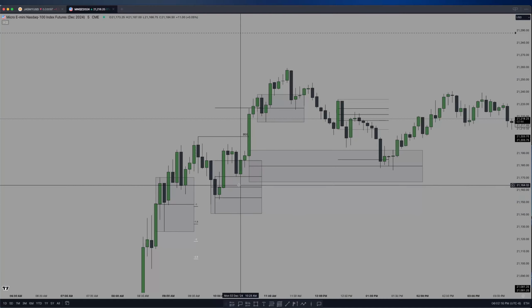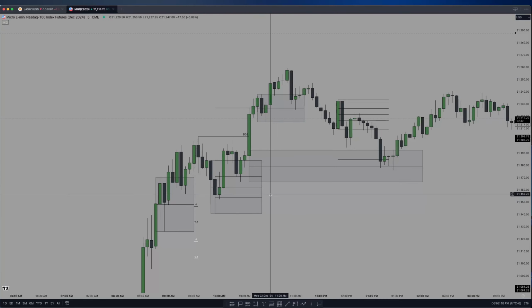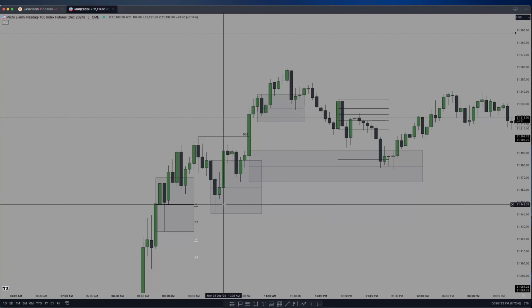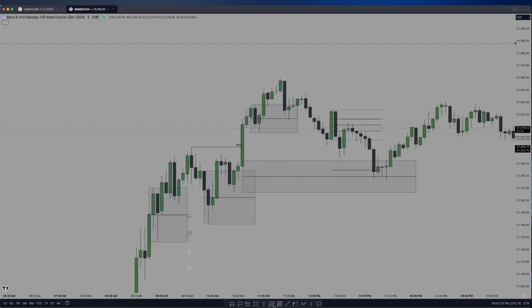Buy stop, yeah, we tapped that 30. This goes up, boom, boom, boom. That would have been a really nice trade. Very, very nice. And if we kind of go hand in hand, let's get a CSS projection off that